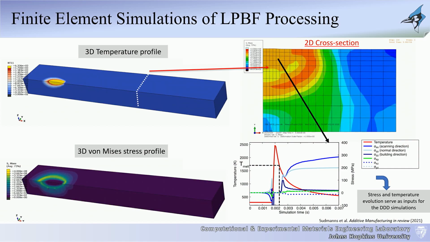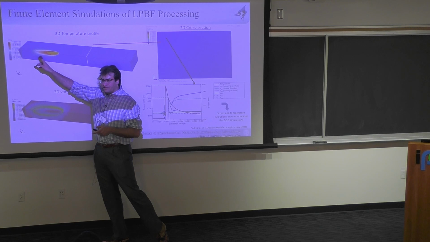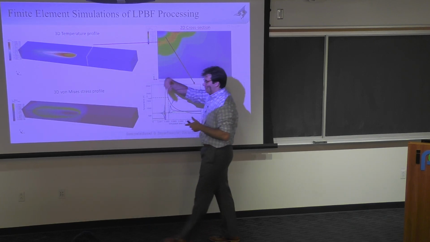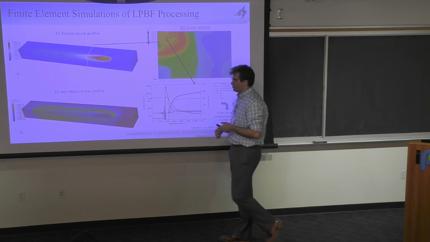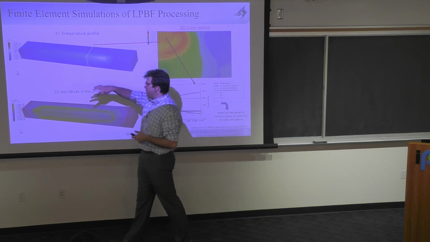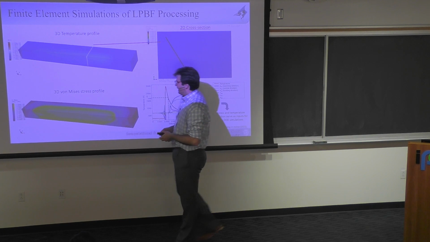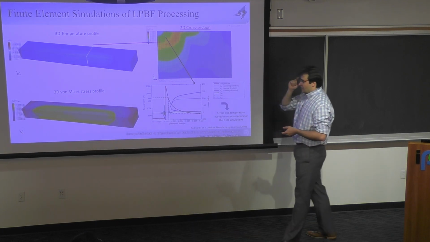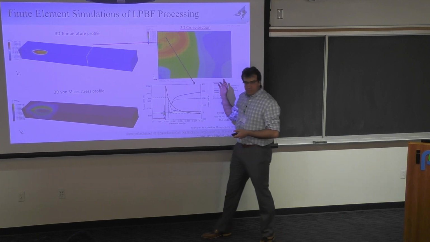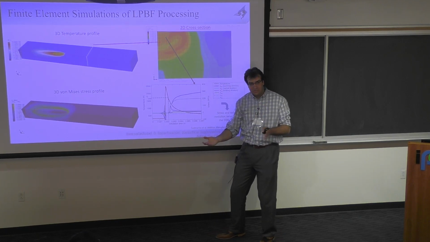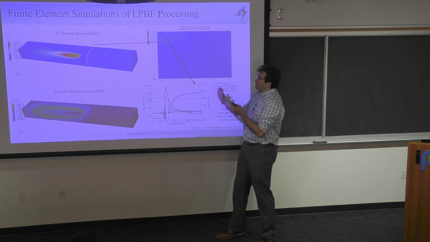And one additional thing to say, we're actually doing the melting and then the solidification here. So when the material goes above the melting temperature, the elements over there are not contributing to the strength. But as soon as the solidification happens, those elements come back in and you can calculate, again, the residual stresses as they form. Now, these are on the scale of millimeters. We don't do millimeters in discrete dislocation dynamics, but we can do microns.